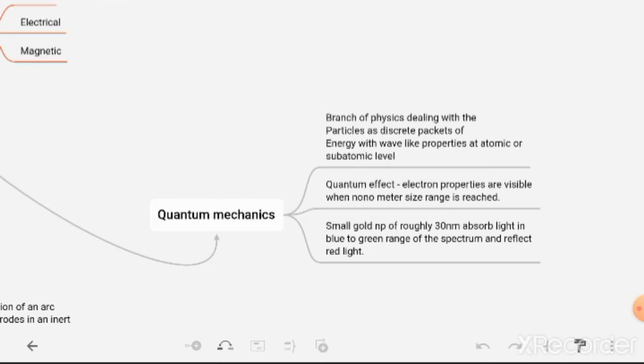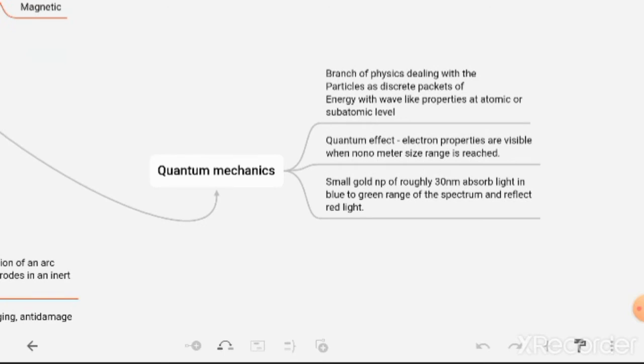Because we are reducing the size to that of a nanoparticle, it behaves like a wave, not more like a particle. So the quantum effects it will show are electronic properties because of its size. Any particle which reaches nanoparticle size or below will show some electronic properties related to it. Okay, so for example, a small gold nanoparticle of roughly 30 nanometer